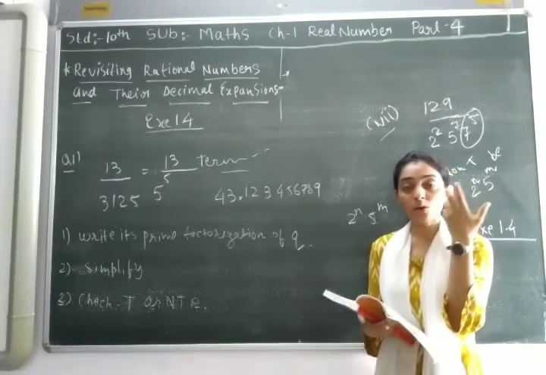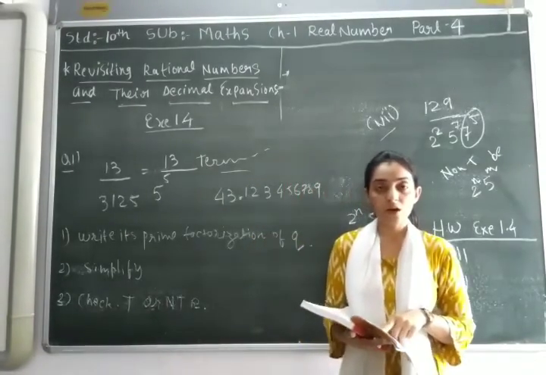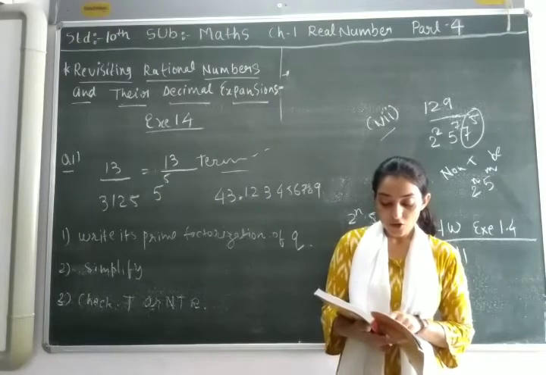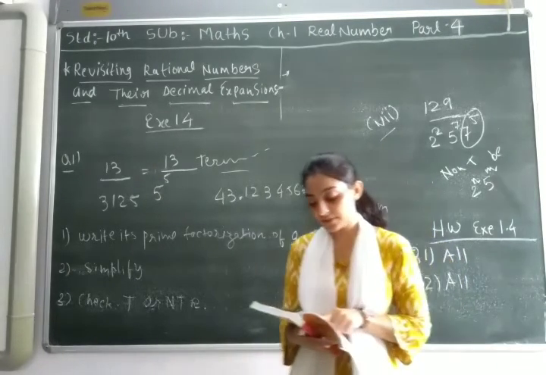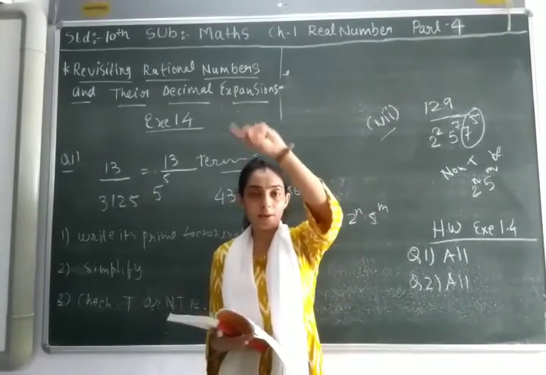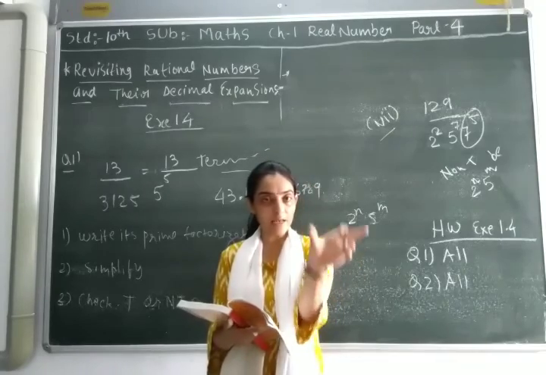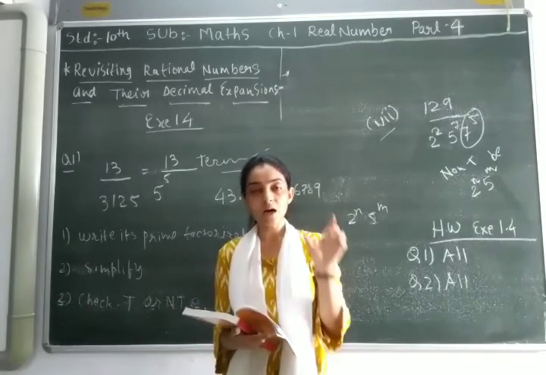No single element is repeating. So we can say it's non-terminating, non-repeating. The third question says 43.123456789 with a bar over the 9. The bar itself says the elements keep on repeating, which means we can say it's non-